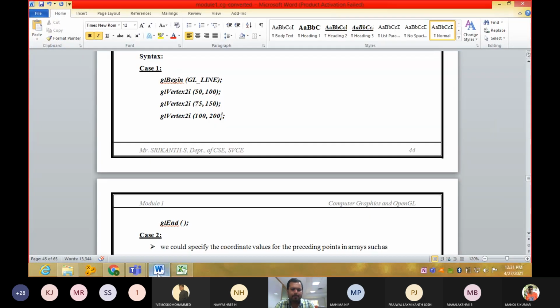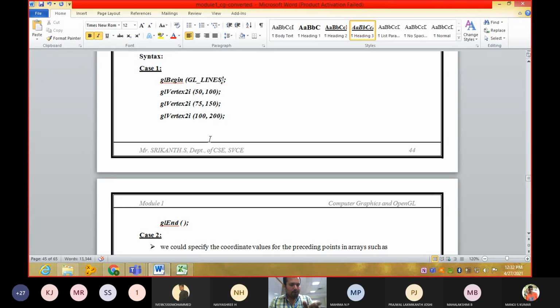I'm going to explain it once again. GL begin, GL points, everything in caps, POINTS. We are going to get the output as this will be 1 point. This line is going to give you 1 vertex as the output, and this line of code is going to give 1 vertex, and even this line of code is going to give 1 vertex as the output. Now after points, I want the output in another format. I'm going to change the code. Now what will be the output for you?